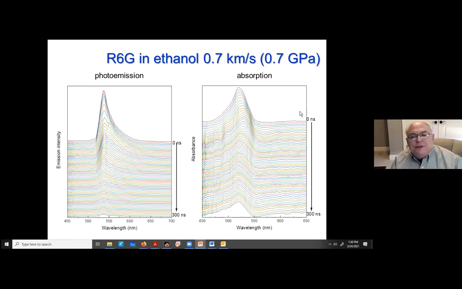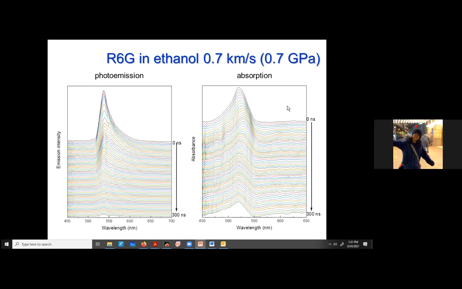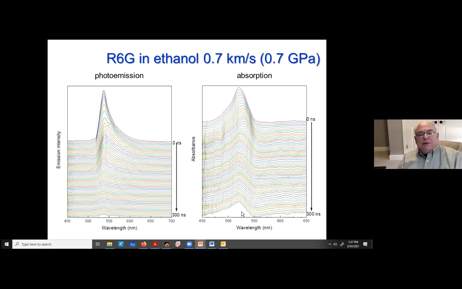So this is the absorption spectrum here. Here's the absorption. It absorbs again in the green and also somewhat in the blue, but not in the red. And you can see here, you can see the red shift a little bit. So the result that I have here that I don't quite understand is that both the absorption and the emission got smaller, but didn't change in any substantial way. And I think the understanding of this is that this rhodamine reacted with the hot solvent and became something that doesn't absorb or emit anymore.